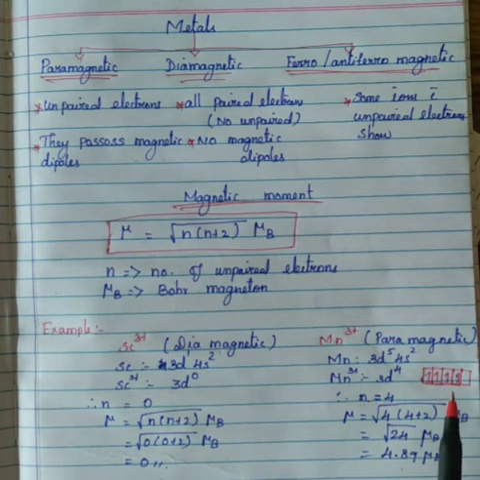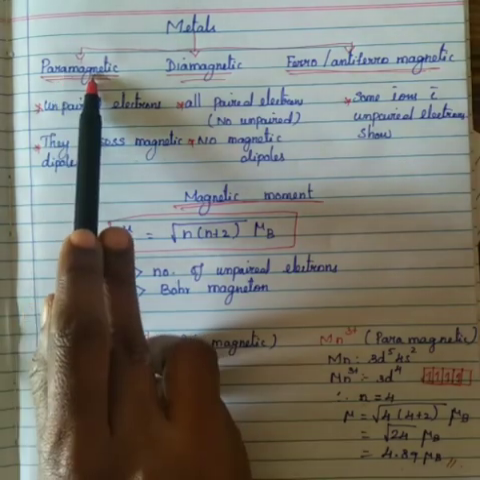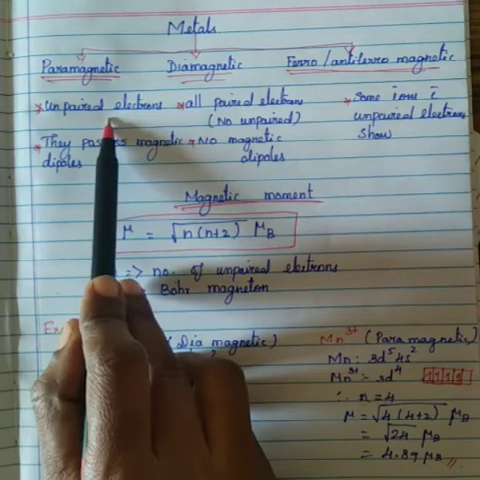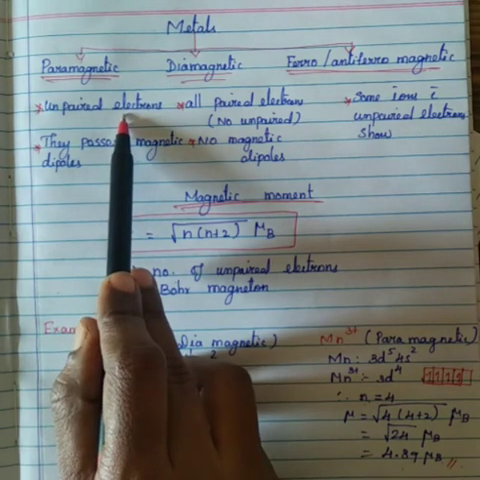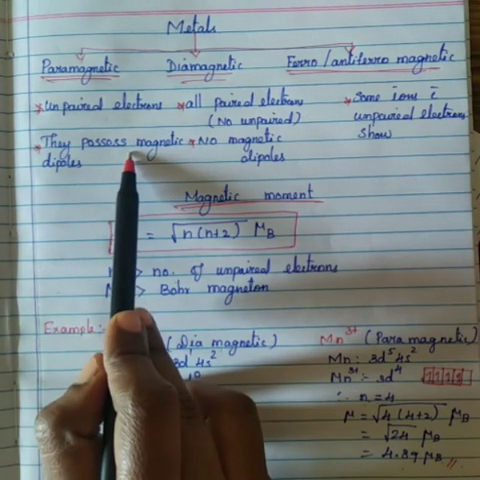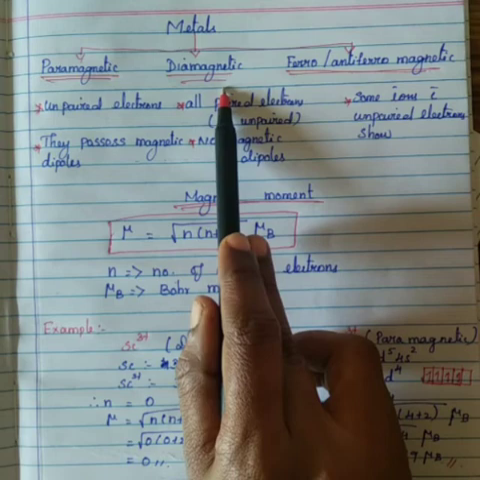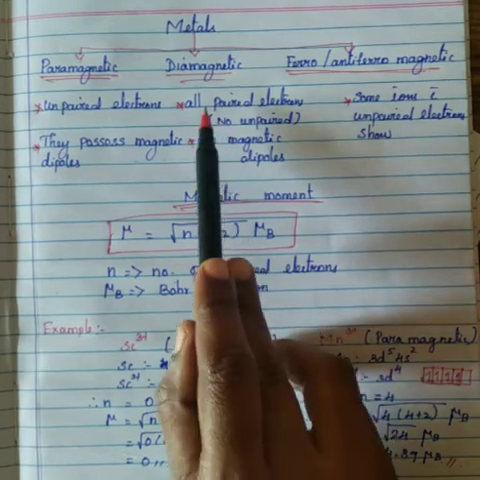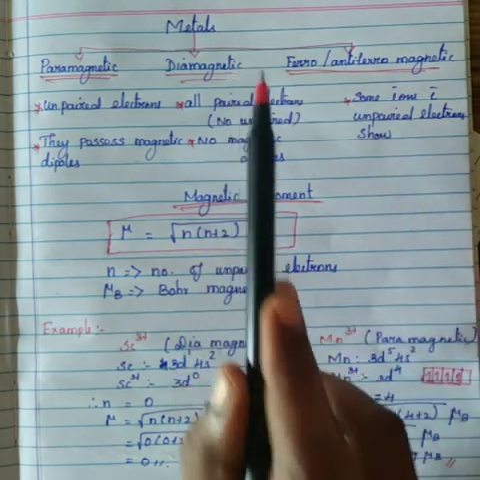From this topic of magnetic properties of transition metals, they may ask you some questions. The questions are: define paramagnetic. If they ask paramagnetic, your answer is: metals with unpaired electrons that possess magnetic dipoles are known as paramagnetic. Diamagnetic: materials with no elementary magnetic dipoles and with all paired electrons are known as diamagnetic metals.